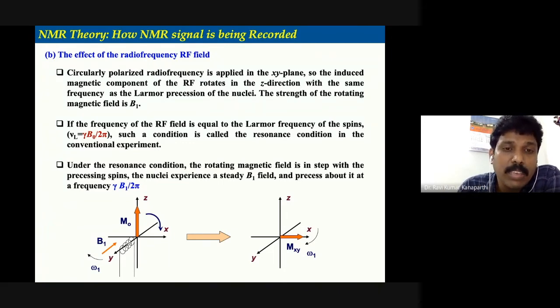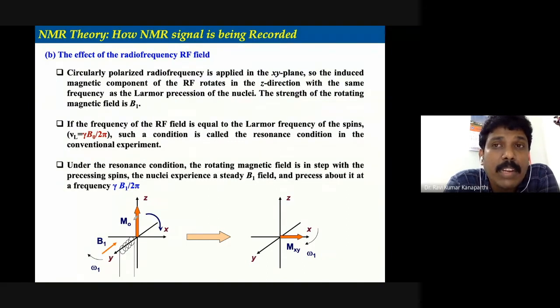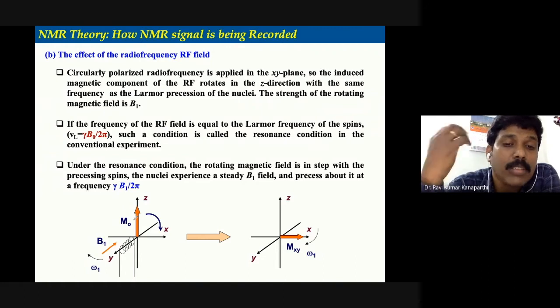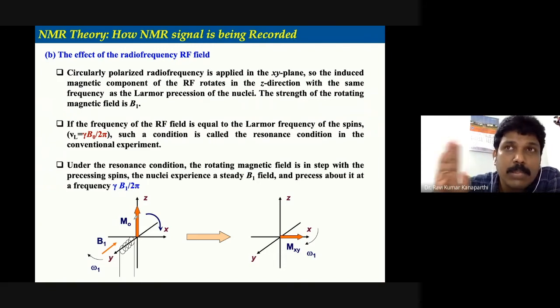Okay, so if this B1 basically matches the precessional frequency of this net magnetization, that particular condition is referred to as the Larmor frequency condition, or the resonating frequency condition. Please remember that the net magnetization vector is not just sitting idle. It is precessing in the external magnetic field. If there is no external magnetic field, the situation is different. But the moment you apply it, the individual spins precess, right? So that is what we are saying, that this is precessing.